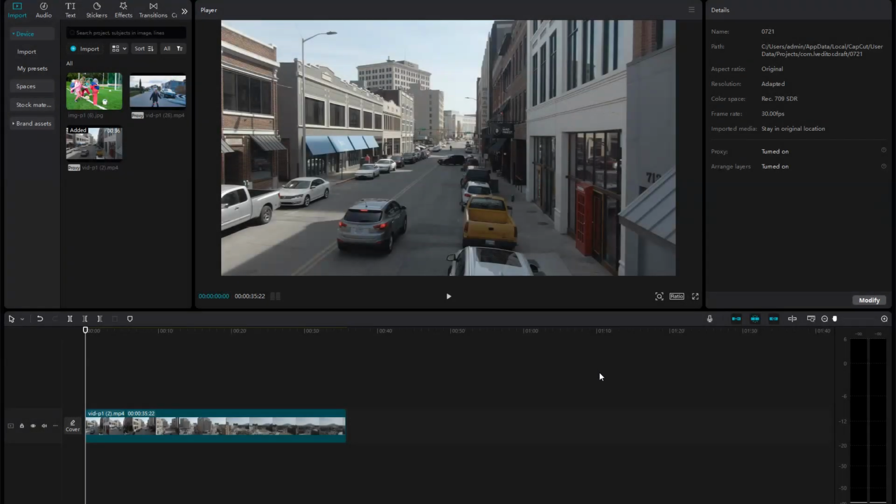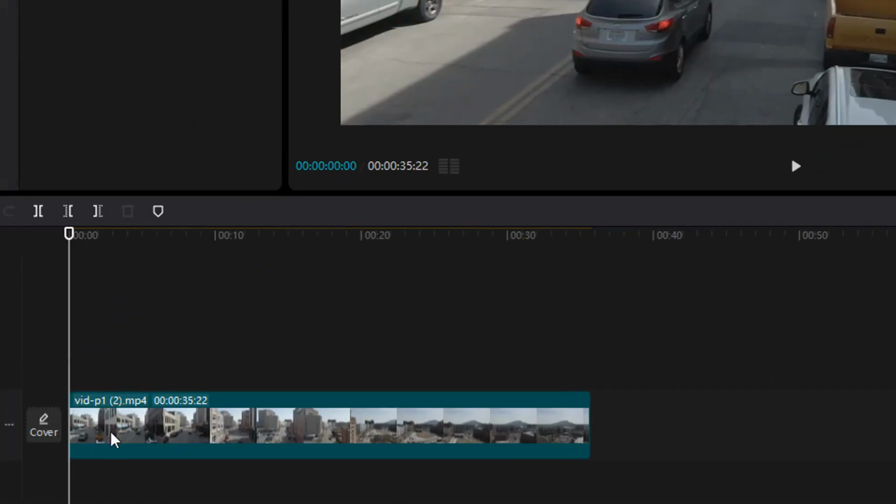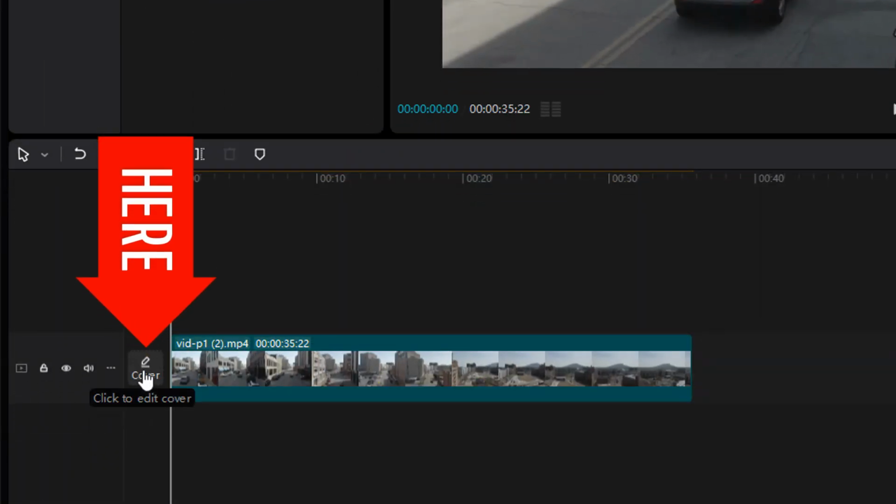In this video, we'll see how we can create the cover and use it as a thumbnail for our video. This can be created and edited in CapCut. We can also use other applications like Canva and other tools. In the same way, we can edit inside CapCut. On the left side here, there's an option called cover. If I click on it,